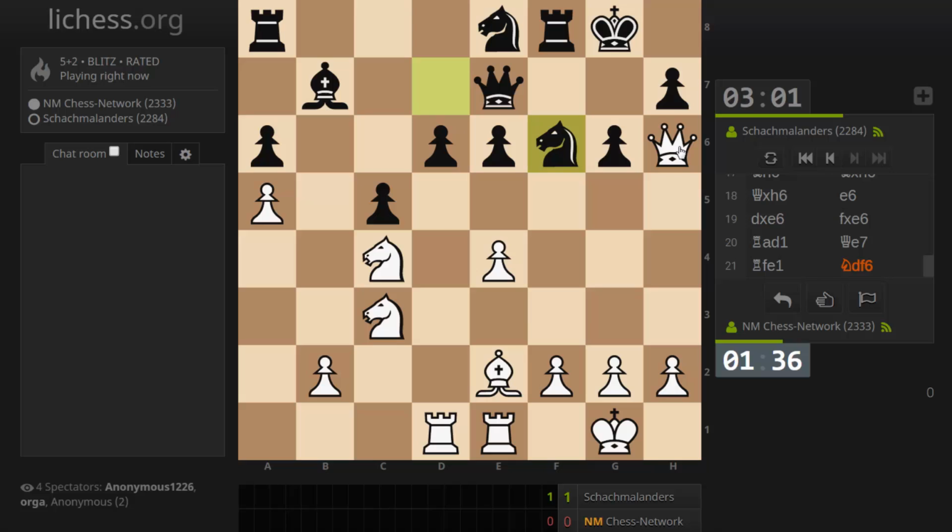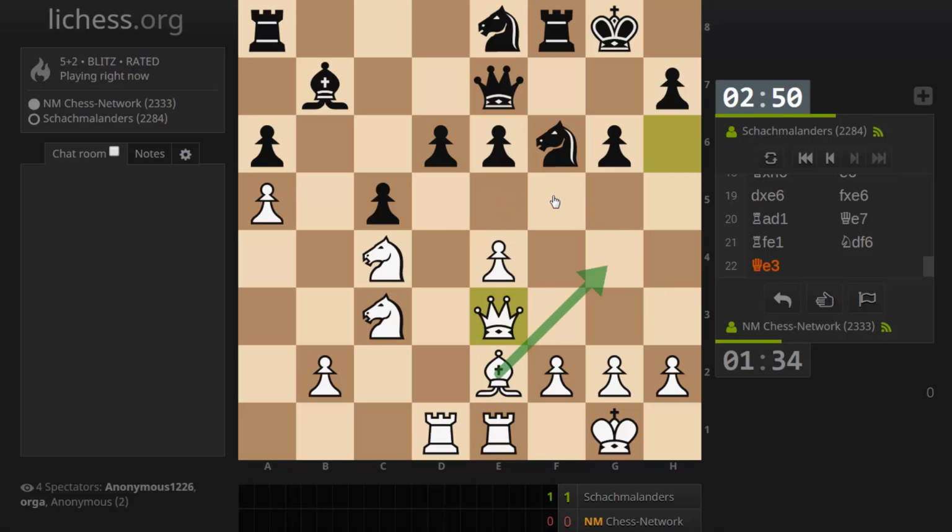Maybe my queen isn't so well placed on h6, actually. Let's go here. I'm opposite their queen, and this actually stops d5 for the moment and threatens e5 to break up their center. My bishop secures my queen's position by watching over g4. I'd still like to get in this move, but I think...